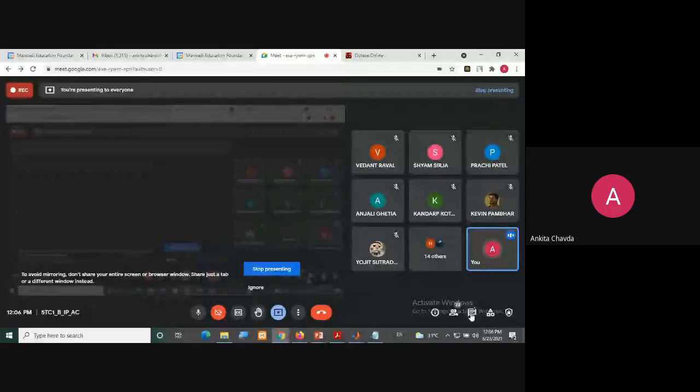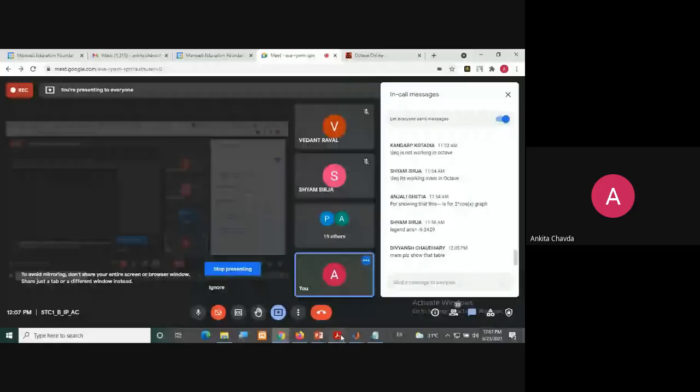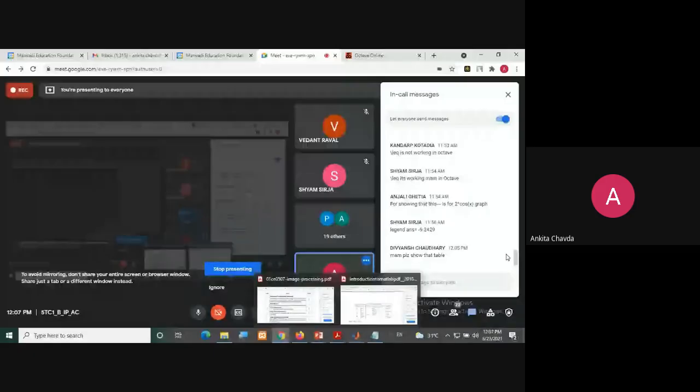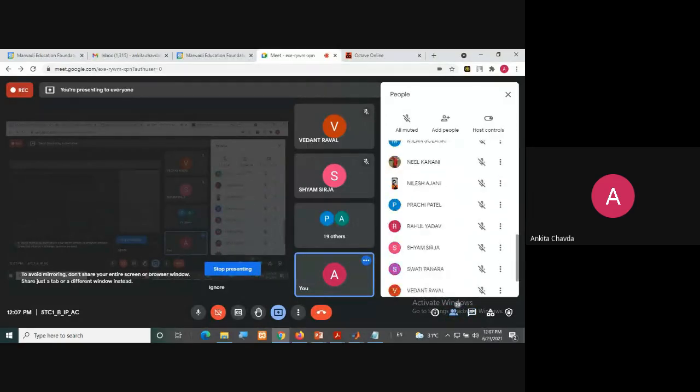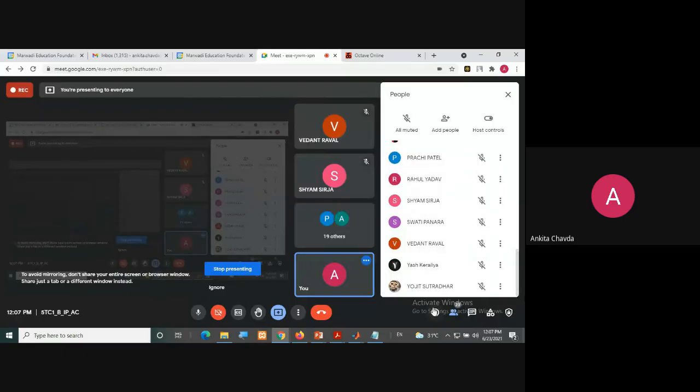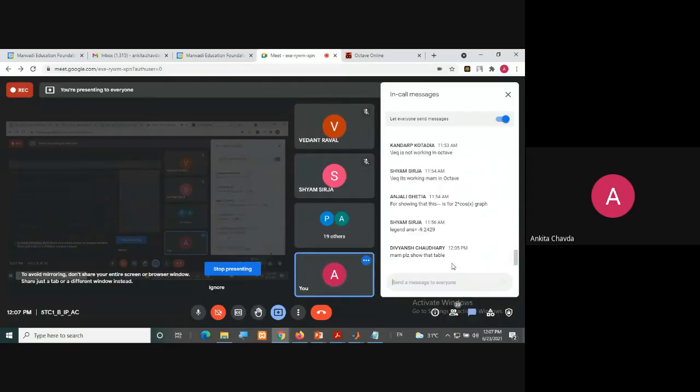Whom should I ask? How you are changing the color, style, and adding the marker. Please, anyone who knows this can write down here.